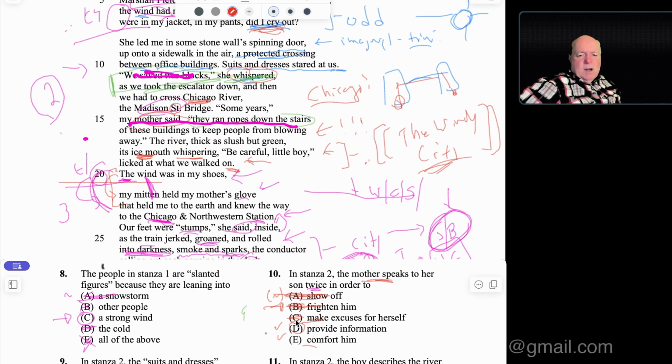Again, we don't know why she brought him out in that bad weather, but she did. But otherwise, there's no indication that anything wrong is happening here. So she's just kind of narrating for him. And he seems comforted in that, or he would be freaking out. Did I cry out? He doesn't answer that, but we know the answer is no. Or he would have written he was screaming, or he was yelling, or he got mad, or he was hysterical crying. It never tells us any of that. So therefore, the answer is D.